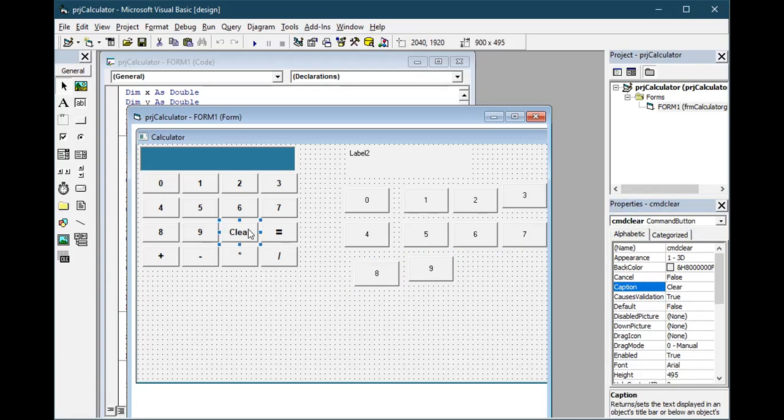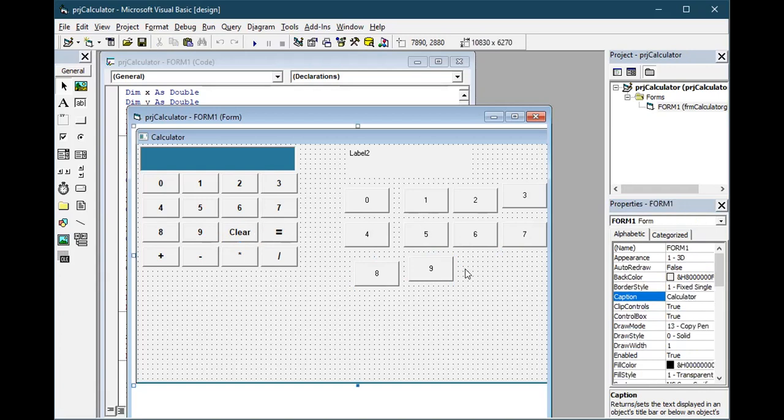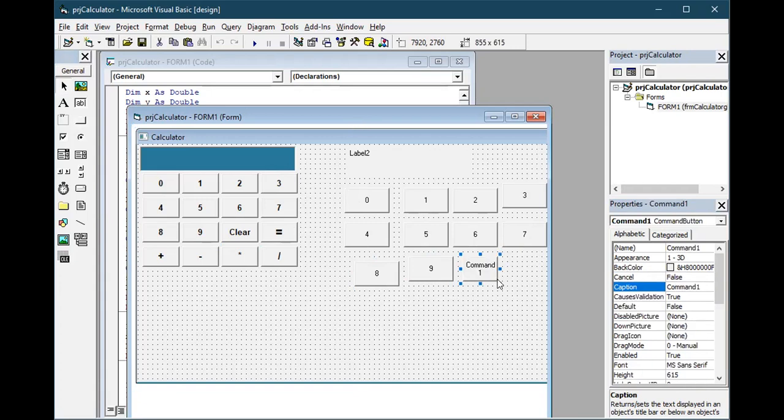Then you have one button. For this, don't use Control V, paste it and bring a new button, because it is an individual button. It is not an array. See, 0 to 9 is an array. 0, 1, 2, it's going to be an array. So rather than here, I will show in this.